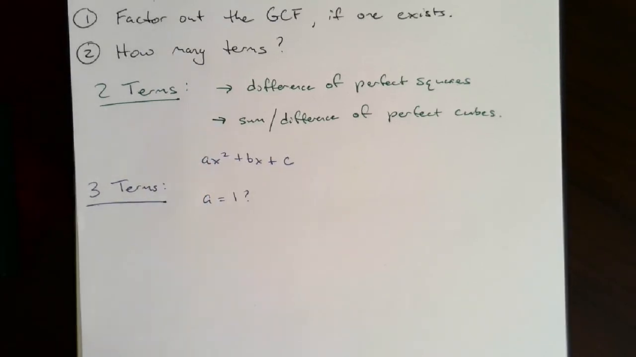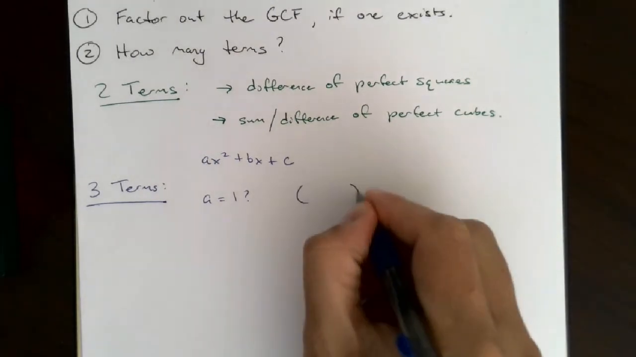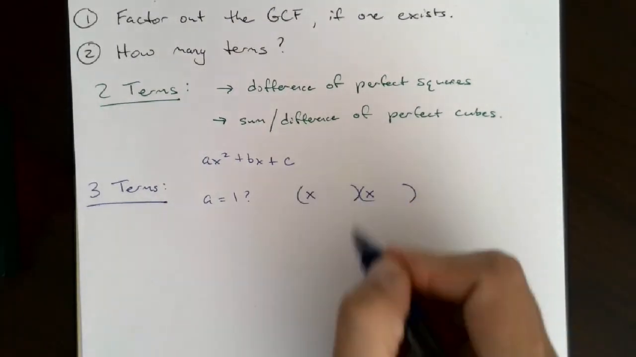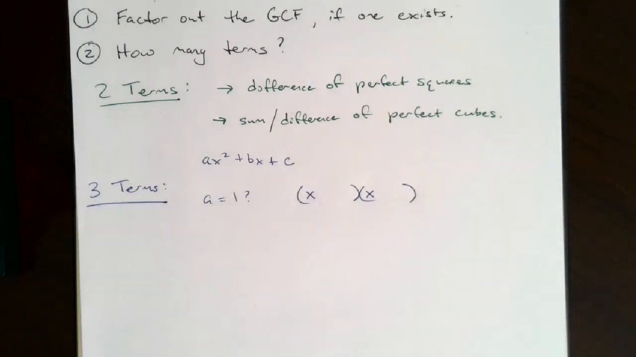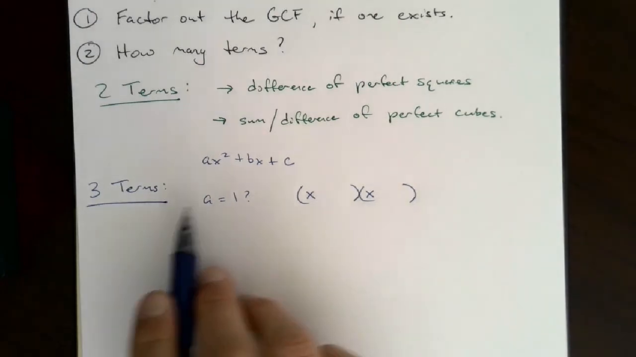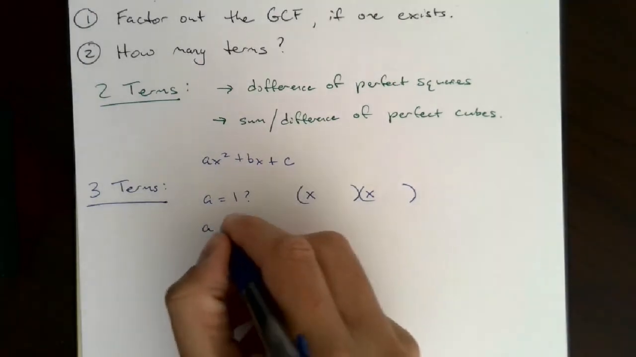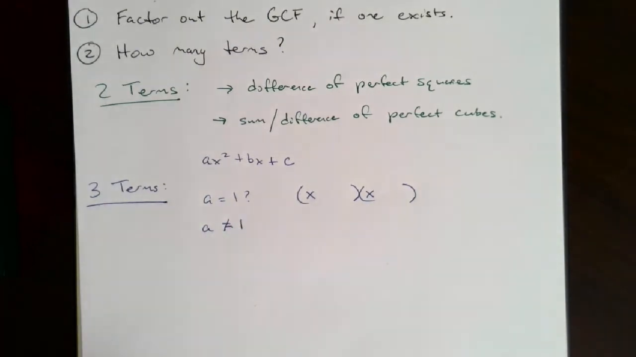If you don't see anything in front of x squared, then you could make 2 sets of parentheses right away, and by reverse FOIL, x times x gives you the x squared, so you start with x and x there, and you'd have to figure out what multiplies to c and adds to b. If a is something other than 1,